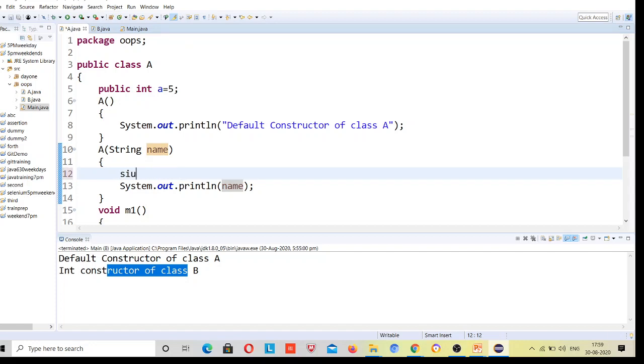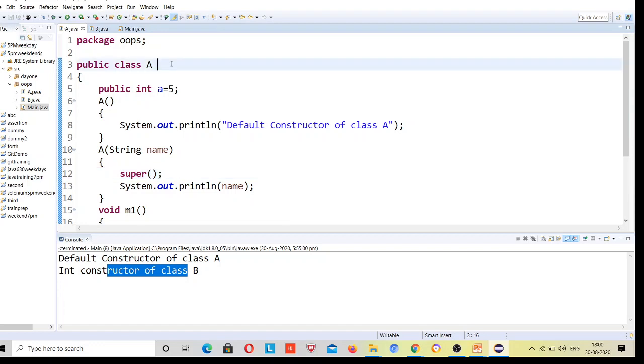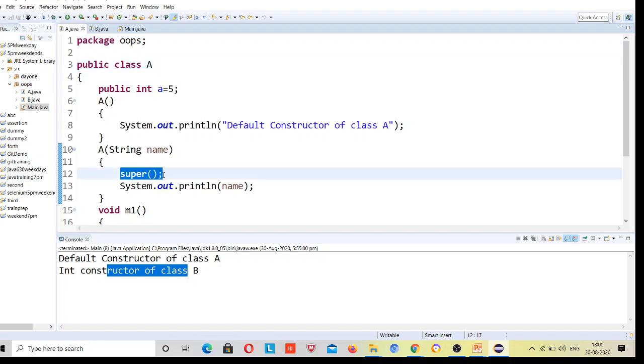Although if I write super over here, it's not incorrect. Why is it not incorrect? Here you can see extends nothing, no class, right? But this is not incorrect. So it is calling the constructor of its superclass. Is it true?